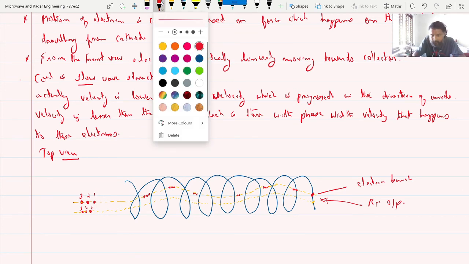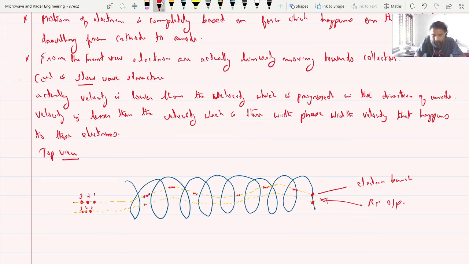You can see that. Same trajectory it will have. It goes on reducing the distance between the electrons, and finally when it reaches here, the electrons will be bunched. Okay, clear? So the electron travels in this direction, and acceleration in that direction gives an increase in velocity. Once there is an increase in velocity, there will be a reduction in the gap between the electrons as it travels through this path.